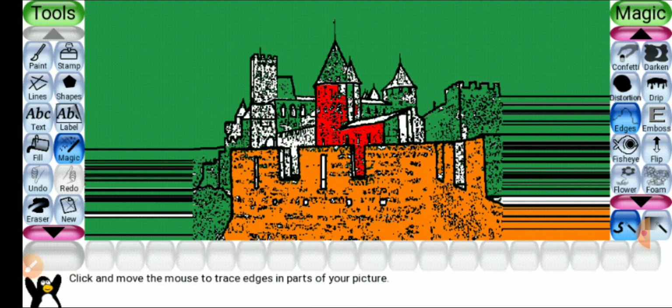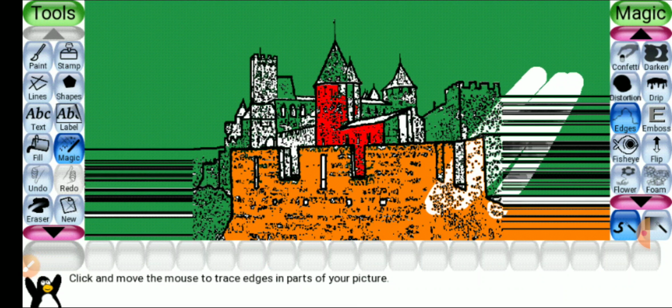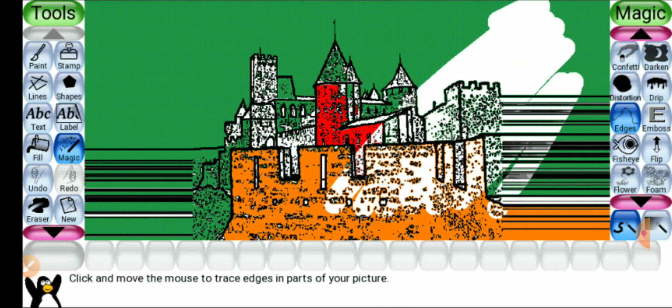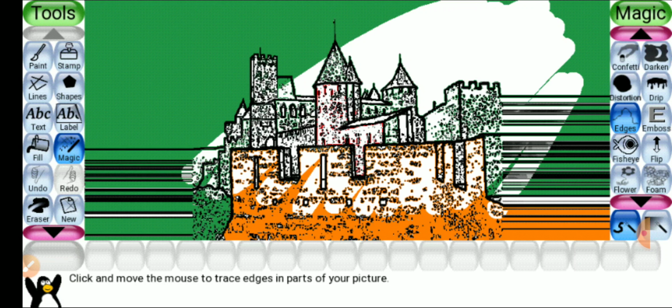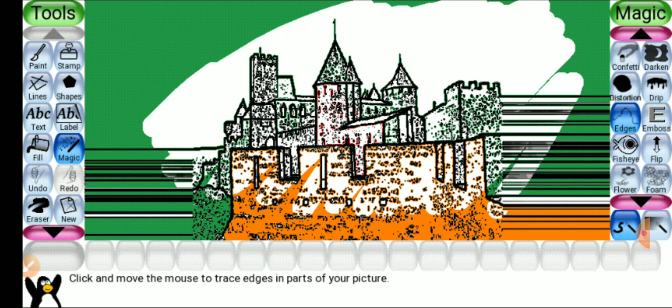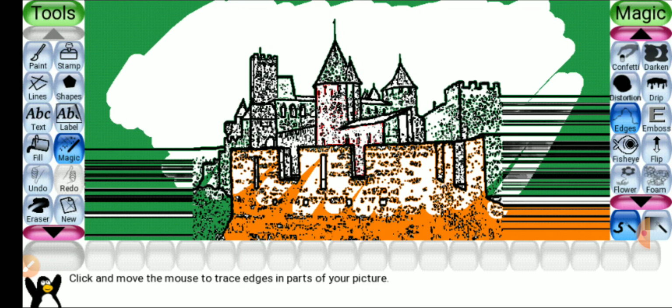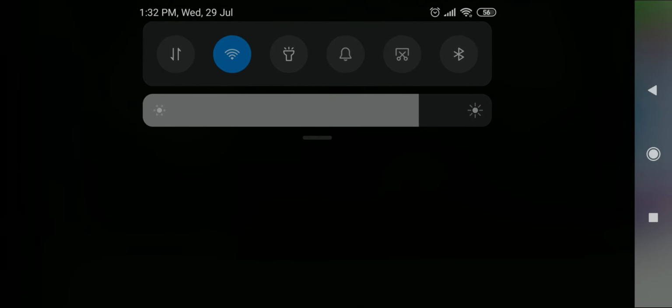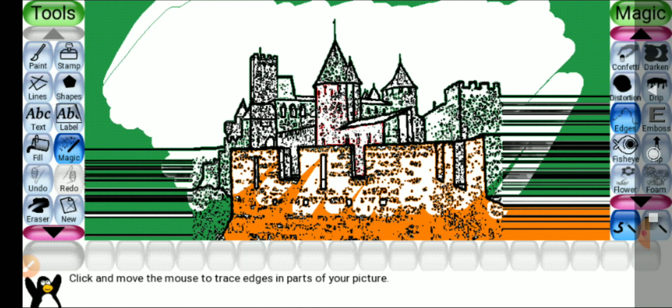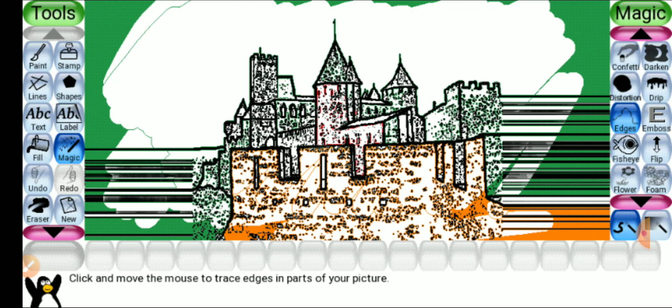Now move your finger, it is erasing the color but not the edges, right? Edges are still there, so this is edges effect. Now you also do the same and send me the picture. Okay,